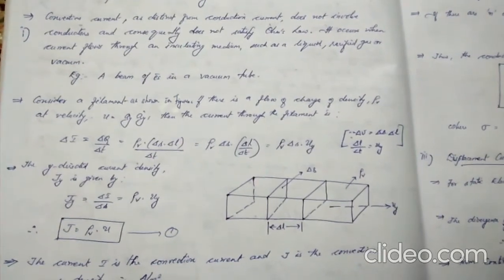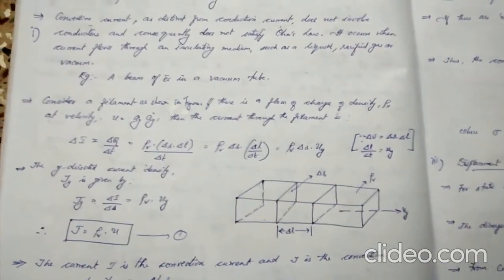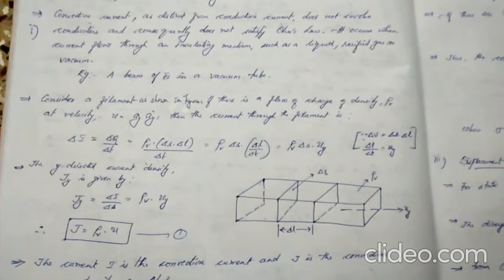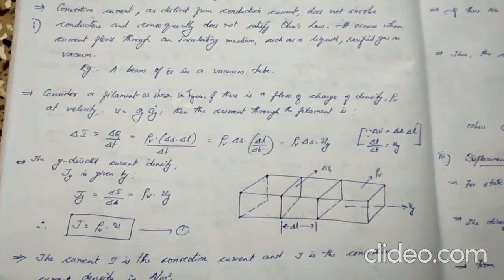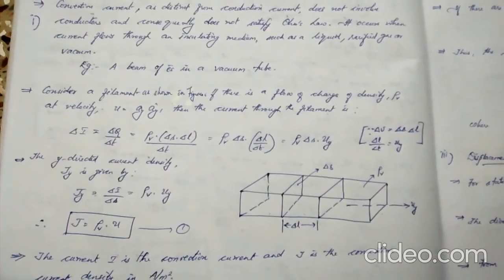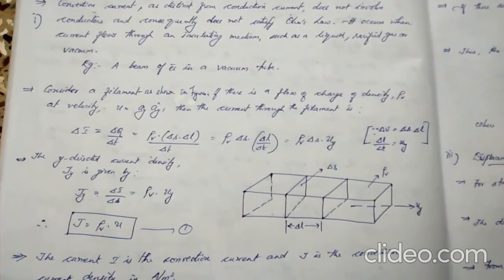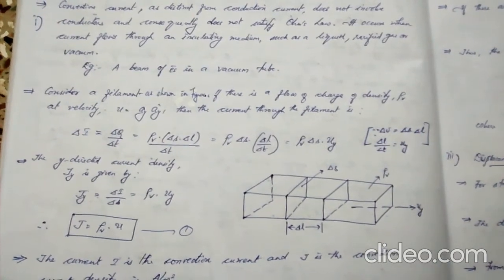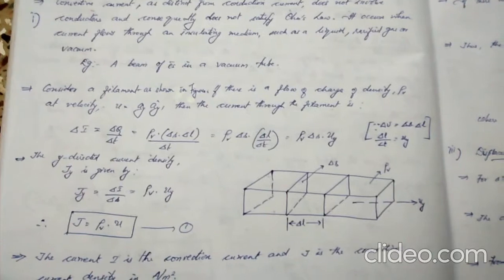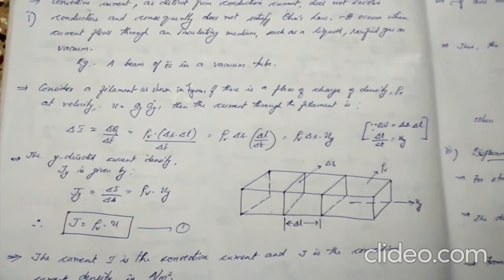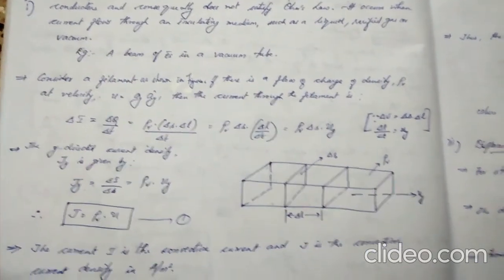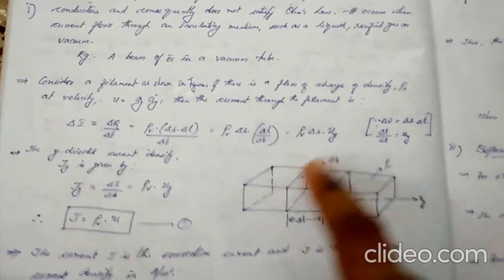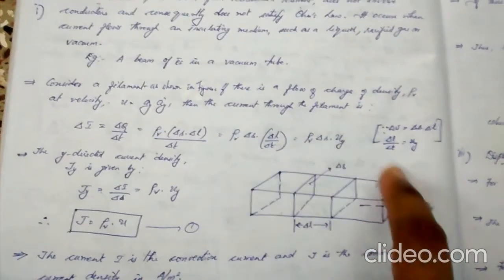a dielectric medium. This dielectric medium or insulating medium may be a liquid or a rarefied gas or even vacuum. An example of convection current is a current, or a beam of electrons, which is flowing through a vacuum tube. Okay. So in order to derive the expression for convection current density, you may consider a volume, closed